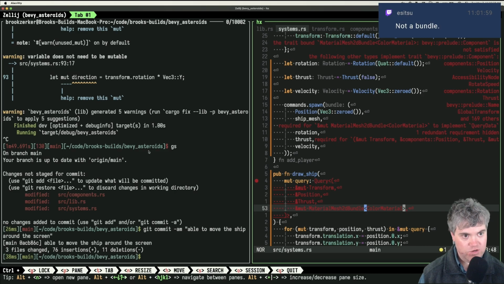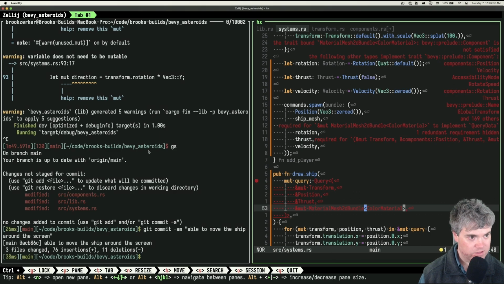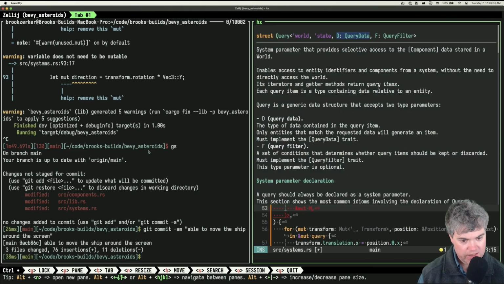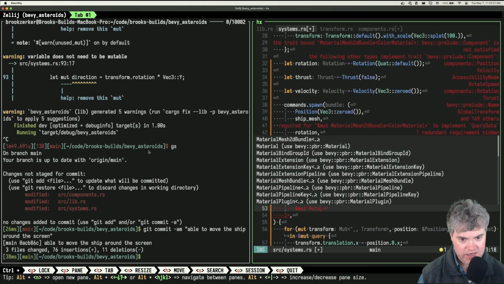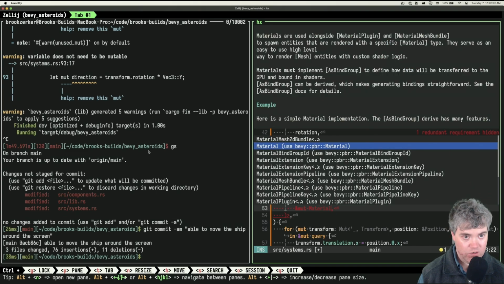There. The trait bound prelude component is not satisfied. Find other types implement trait prelude component: position, velocity. Oh, okay. So that's not going to work. Now, is there just a material that I can get? Would that work?